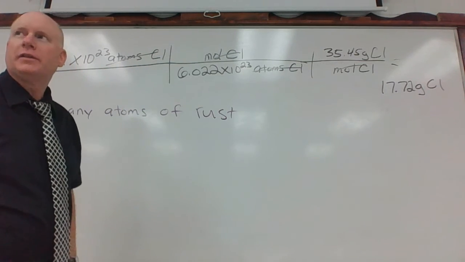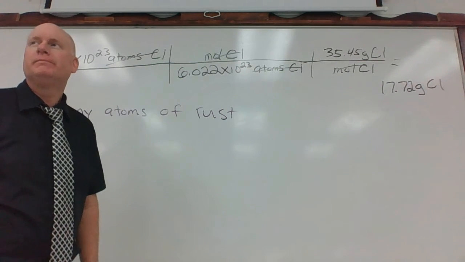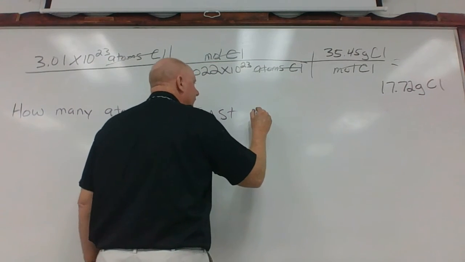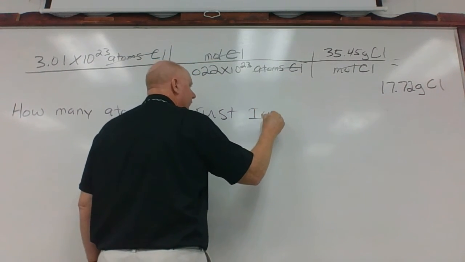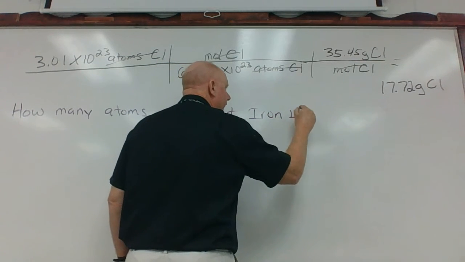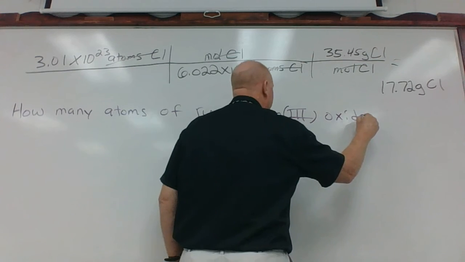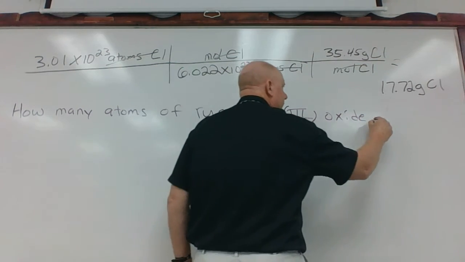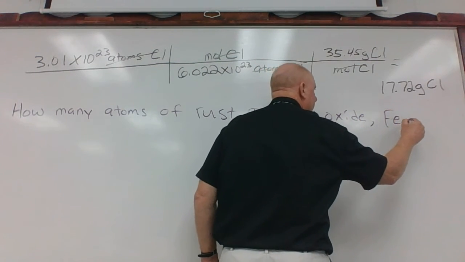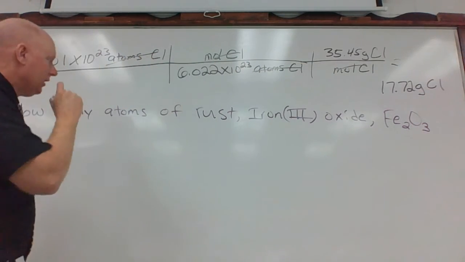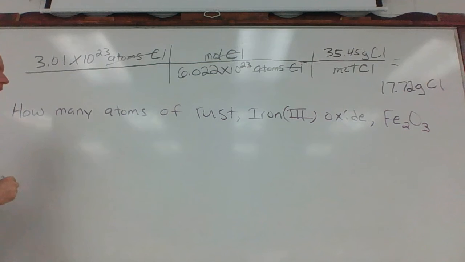What is rust? Rust. Iron oxide. Is it O2 or anything? Yes. Iron 2. Forgot what that means. The charges. Okay. So how many atoms of rust or iron 3 oxide are